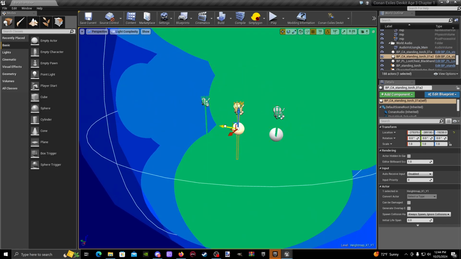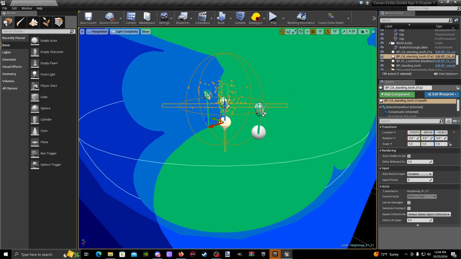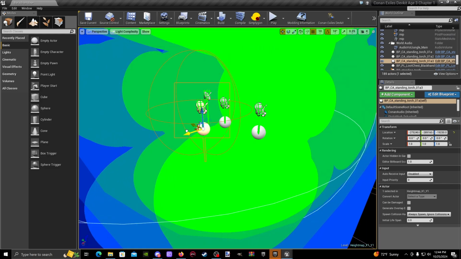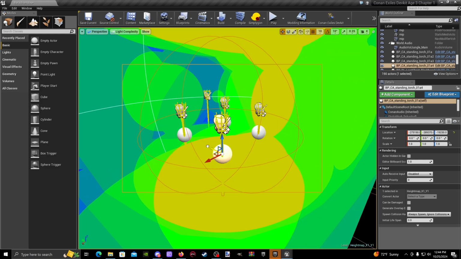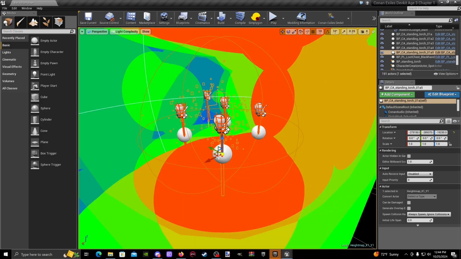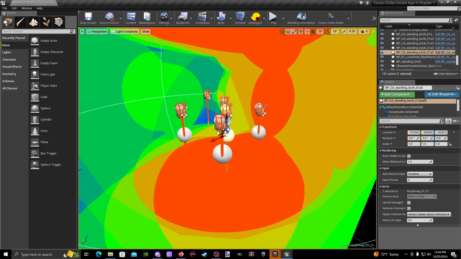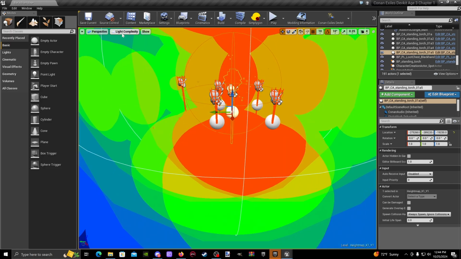Now I just duplicated it. Notice how we got green. And Control C, Control V. I put some more. Now we're starting to get almost to yellow. Control C, Control V. Notice now we're yellow. And Control C, Control V. We're red. So we've got too many light sources in one spot, and what we'll do is go back